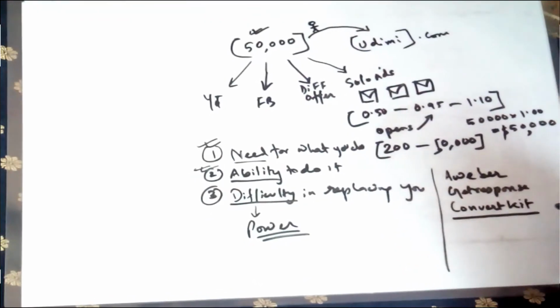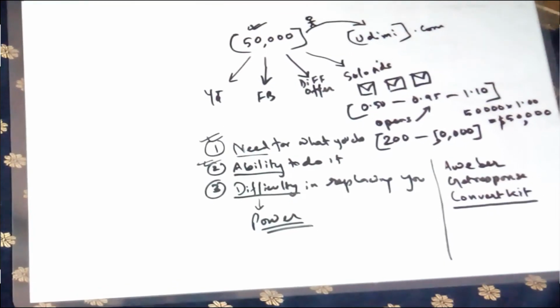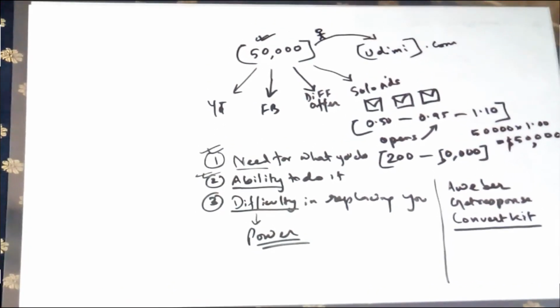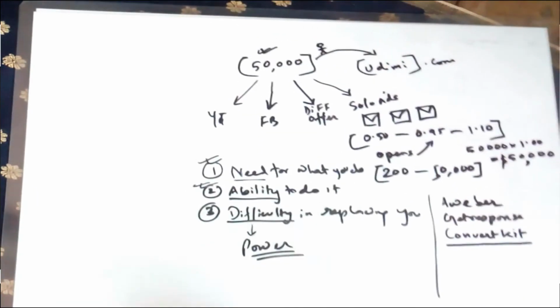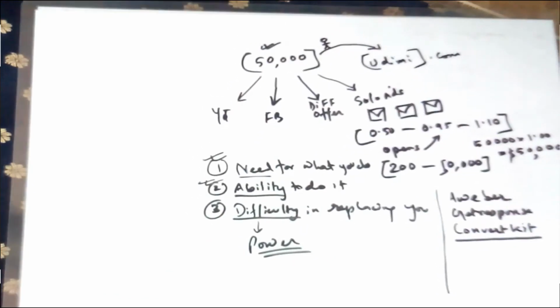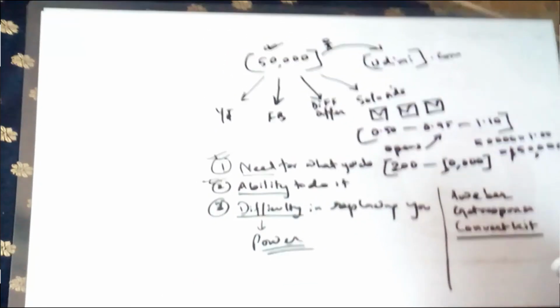Convertkit is a good platform. I totally respect them, but for some reason they don't allow affiliate marketers. They don't allow the word "making money" to be in quotes. They don't allow that. So if you can just focus on these two first, Aweber and GetResponse, and create your